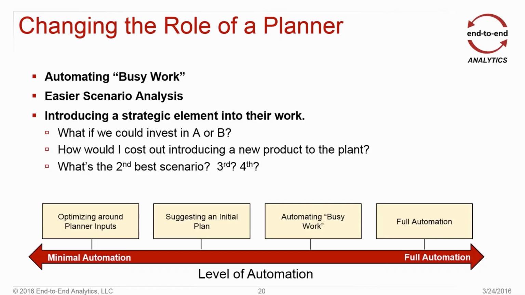Oftentimes I think people think about this as full automation. I'm going to put an optimization model in place, I'm going to click go, it's going to give me an answer, and I'm set. There are times that works, but often that's something that's aspirational, and oftentimes that's not the right value for the business. Sometimes it might be too big of a step, and sometimes there are qualitative factors that need to come into play before the final decisions can be made.